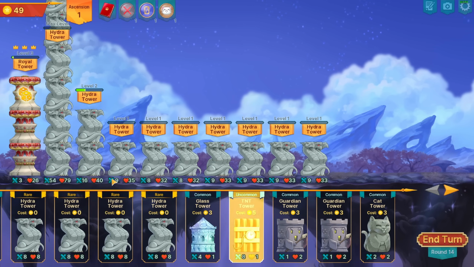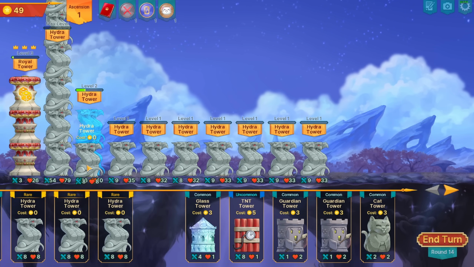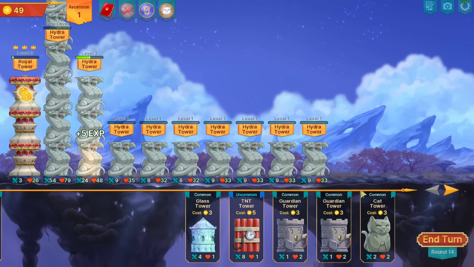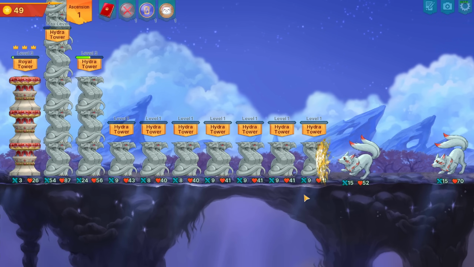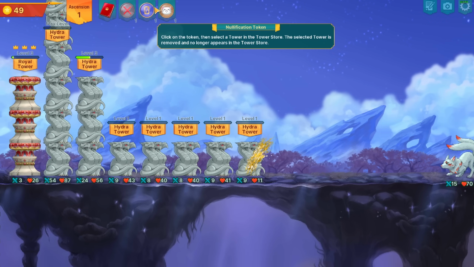Oh my god, wait! If I always go for the rarity upgrade, then eventually all of the towers in the shop will just be Hydras. Well, okay, they could be anything. But if I banish the other ones with the nullification token...